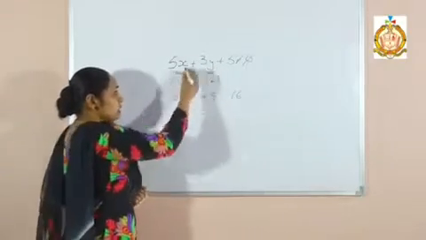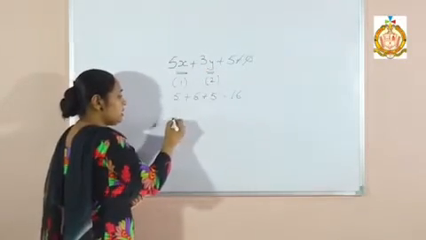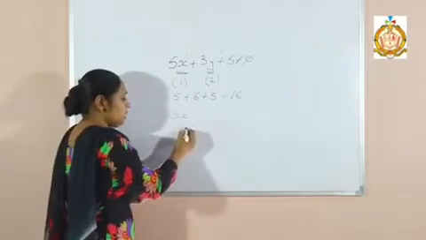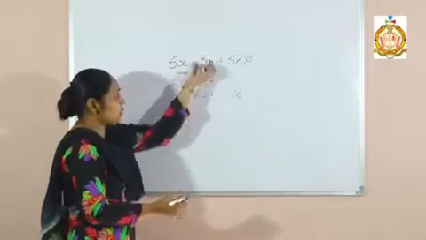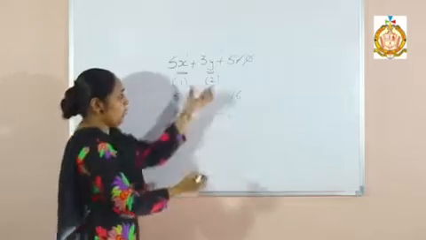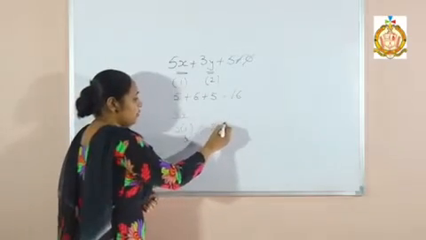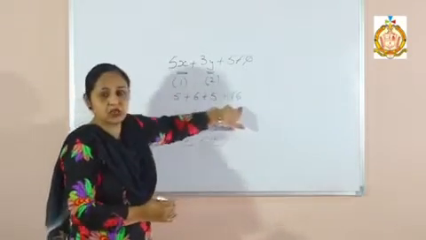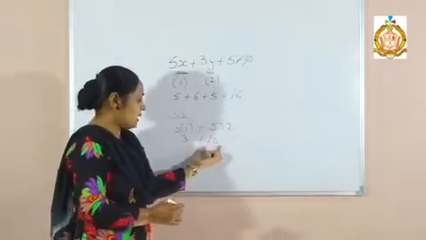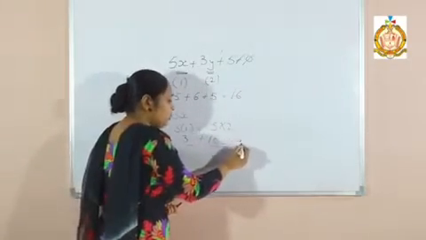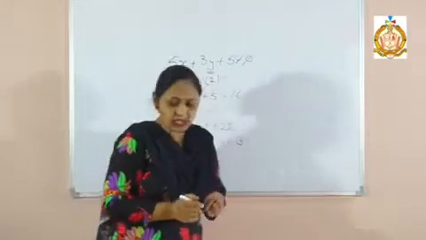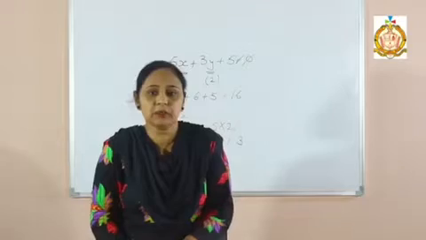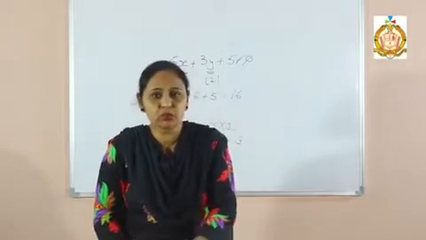Now suppose I take again 3x. Now the value of x is 1. It means it becomes 3 into 1, that is 3. Now there is 3y. Now the value of y is 2. I take 5 into 2. It becomes 10. Now it becomes 13. Here the answer is 16, but my answer is 13. That means the constant value there will be 3. It means in these statements, if two linear equations are given, we have to find such variables that will have the same value for x and y.